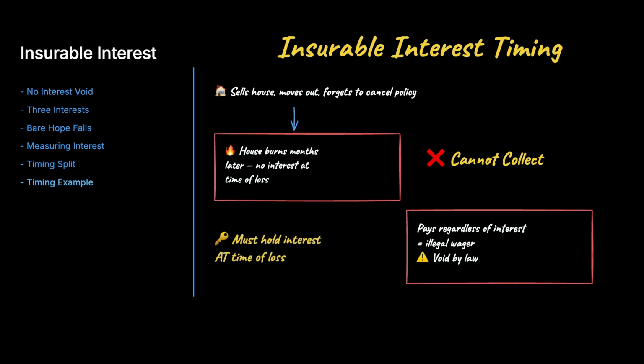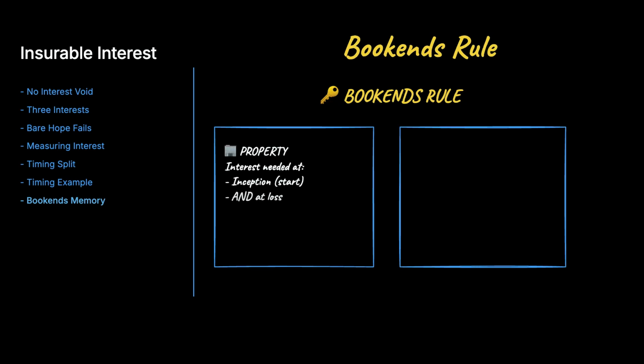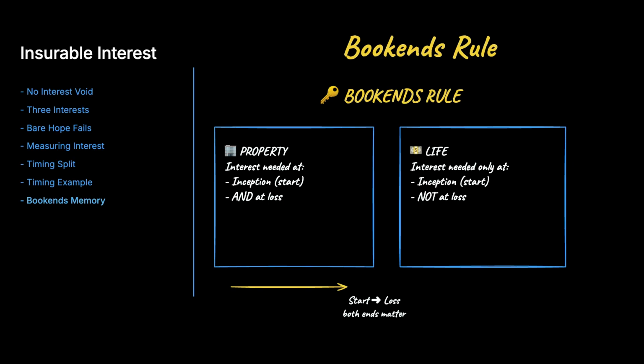No, they had no insurable interest at the time of loss, and any policy paying whether or not you hold an interest is an illegal wager, void by law. To remember the property timing rule, I use one word: bookends. You need the interest at both bookends of the story, the start and the loss, not the middle. If you memorize one thing here, make it this: property needs interest at inception and at loss, while life needs